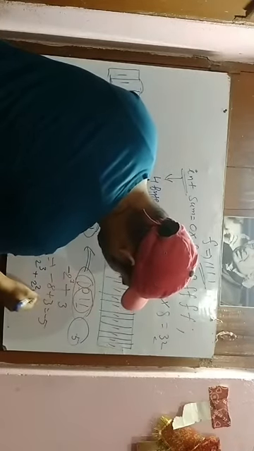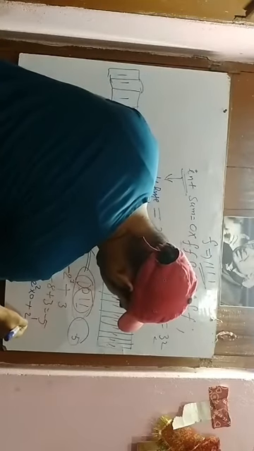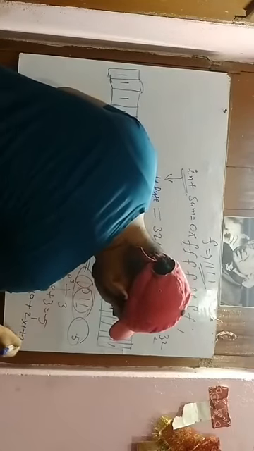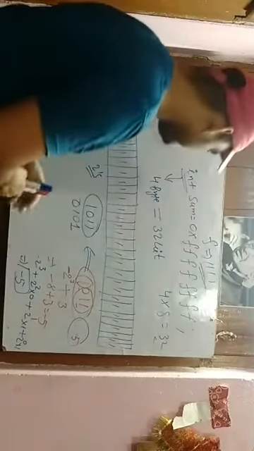and what is the value? The value is 0. Again for this position it is 2 to the power 1 into 1, and again 2 to the power 0 into 1. So if you sum up, it will sum up to minus 5. Similarly, this is one of the ways, and the second way is like this.